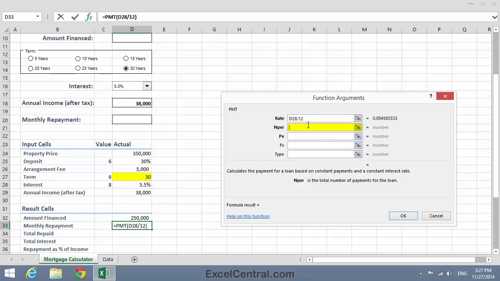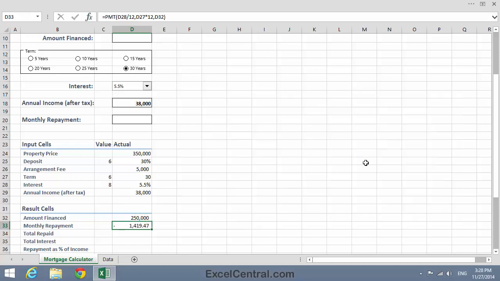For the number of repayments, I'll click on the term in cell D27 and multiply by 12 to convert the term in years into the term in months. And the last parameter is PV, the present value, in other words, the amount financed. So I'll click on cell D32, and when I click OK, I can see that the monthly repayment for this loan will be